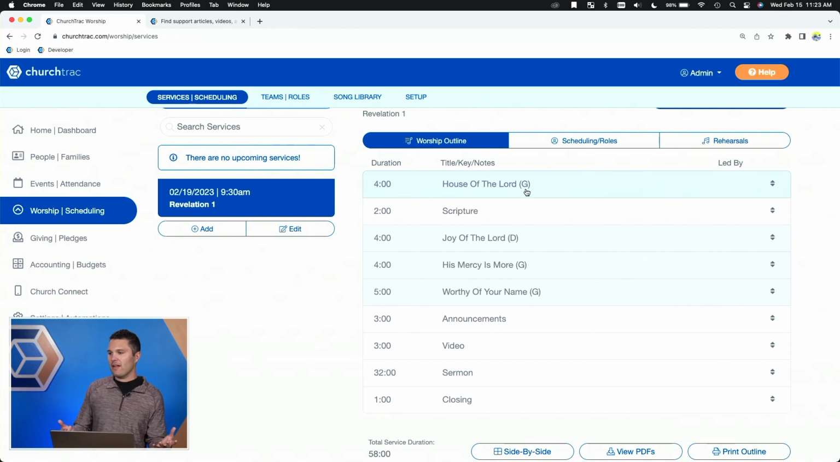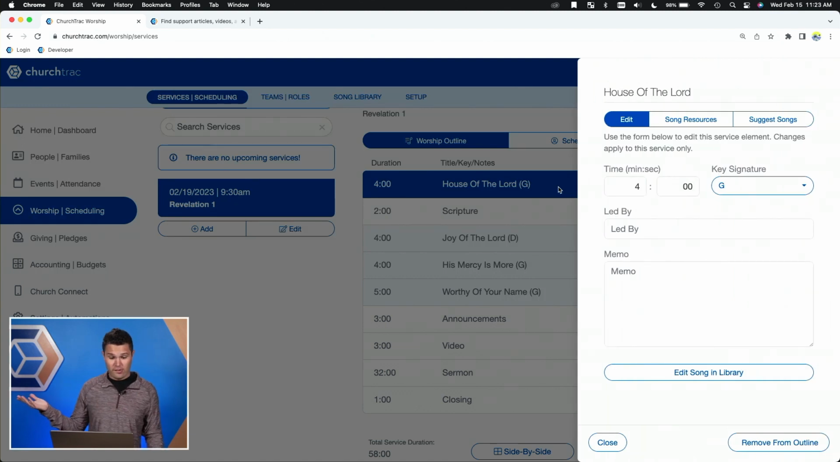And then as you go through your outline, let's say you want to put notations and things like that. I can just select a particular song or service element, and I can say who it's led by. So I can say, hey, Wes is leading this one. I can put a memo, and I can say, you know, for our lighting team, I want to use light